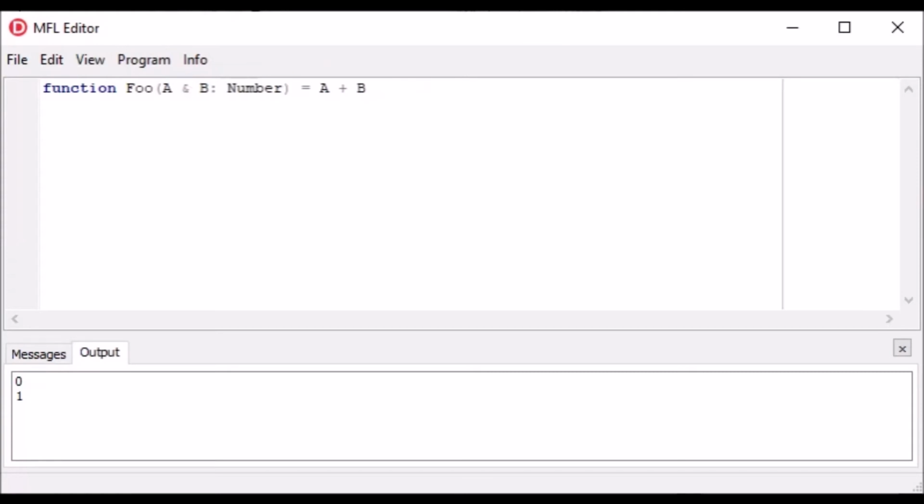A and b were both numbers and both now have a default value of 0. Let's try it out. Write foo(1, 3), and it should give 4. If we leave out 1 parameter, it should give 1, and if we leave both out or simply remove the parentheses as well, it should give 0. As operators, there are the following standard operators available: plus as an addition, minus as a subtraction, times